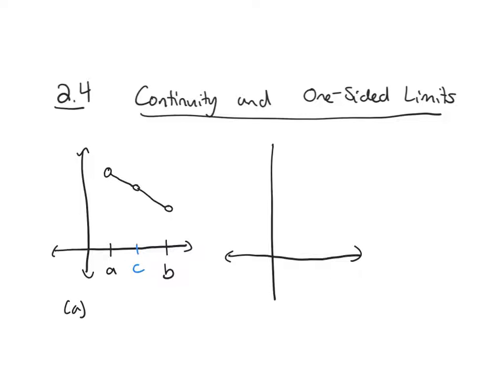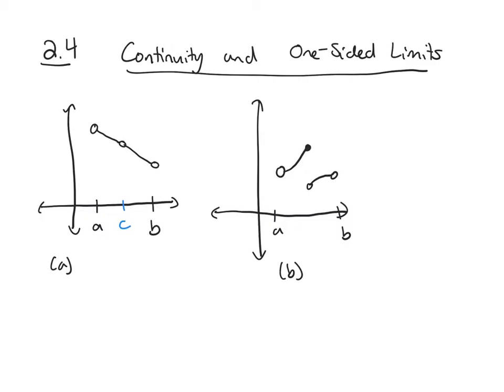Our second graph that we're going to look at, from a to b, looks like this. It's a piecewise function here, and then it has a picture that looks like that. So this is picture B, and then our final graph we're going to look at, again I'll say C is